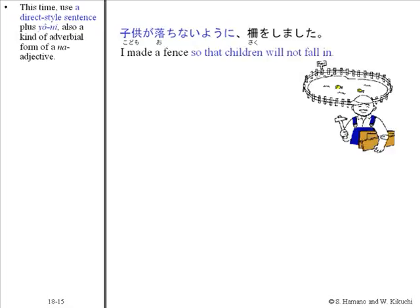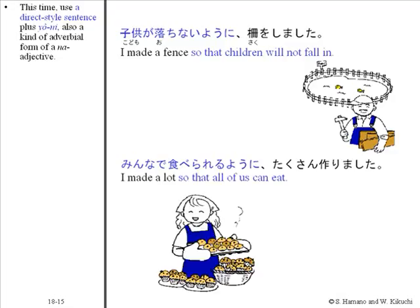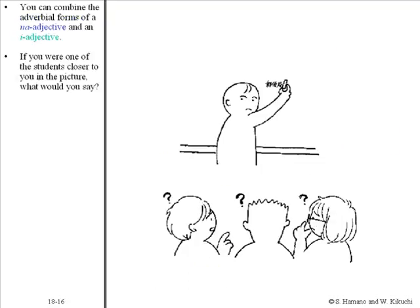This time, we use yoni, also a kind of adverbial form of a na-adjective. 子供が落ちないように柵をしました。みんなで食べられるようにたくさん作りました。You can combine the adverbial forms of a na-adjective and an I-adjective. If you are one of the students closer to you in the picture, what would you say? みんなに見えるように大きく書いてください。